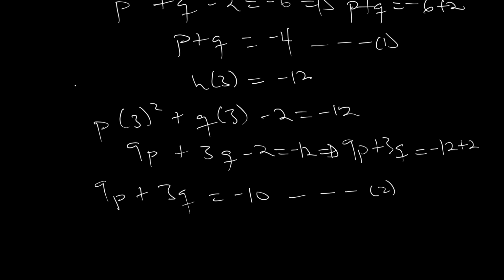But in this video, we will choose the elimination method. So for the elimination method, if you want to eliminate q, what we do is to multiply equation 1 by 3, so that the coefficient of q in equation 1 will be the same as the coefficient of q in equation 2. So when we multiply equation 1 by 3, we will get